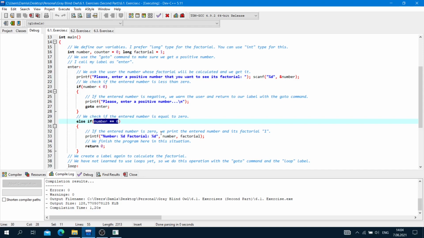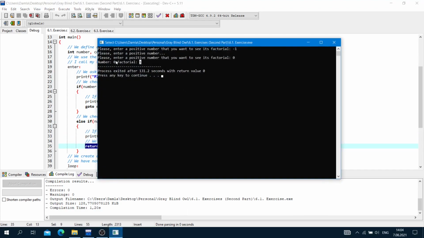If the entered number is 0, we print the entered number and its factorial 1. Printf, number, percent sign d, factorial, percent sign d, number, and factorial, and semicolon. We finish the program here in this situation because we get 0 and we print its factorial 1. The program has finished here.